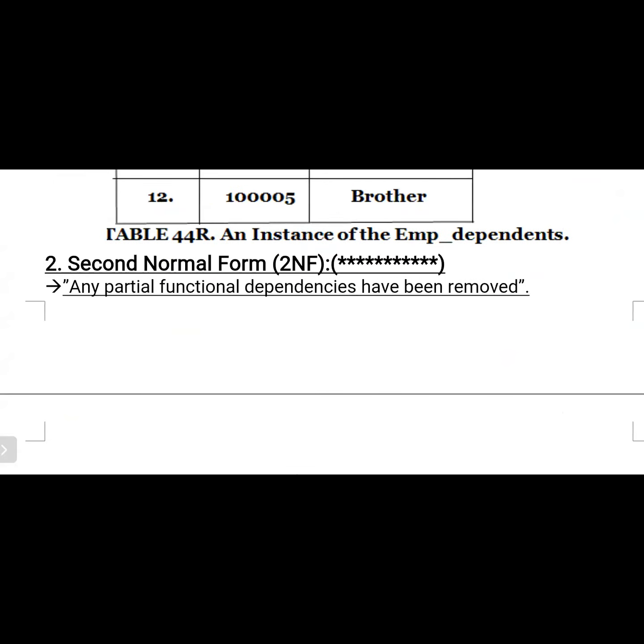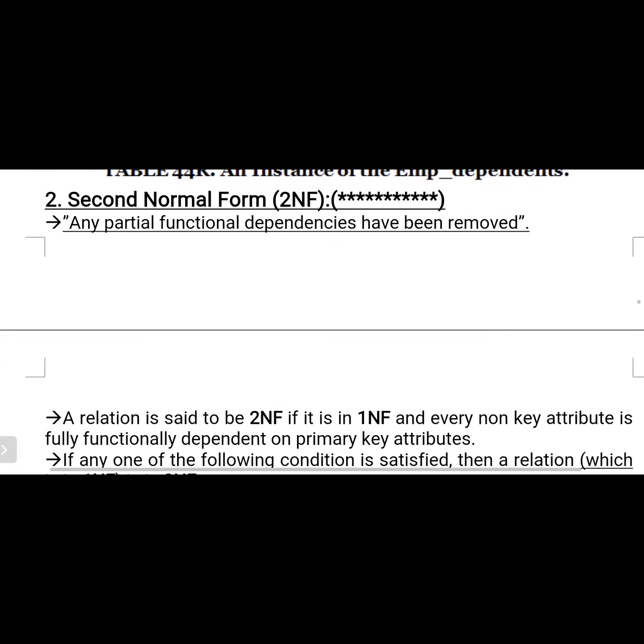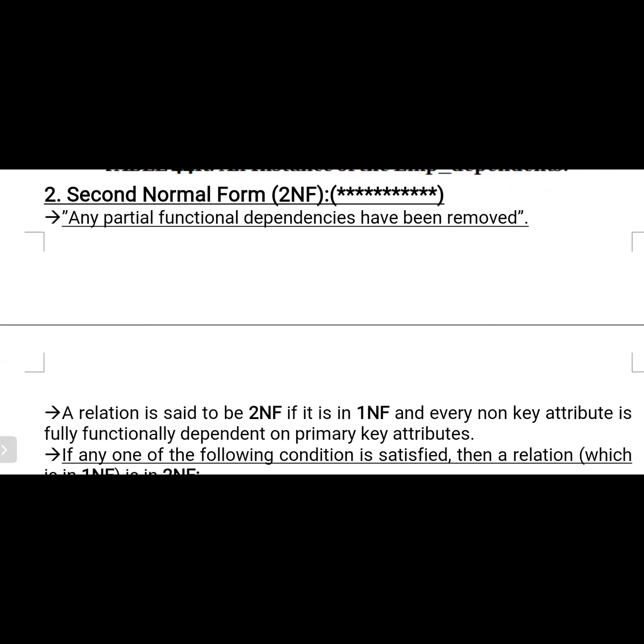So now let us discuss the second normal form. In the last class also we discussed this. Second normal form, I already said about this. If a student is studying BTech second year, it means he has already completed the first year also. In the same way, if it is a second normal form, it is already satisfying the first normal form conditions. Now we try to satisfy the second normal form condition. If it is a third normal form, it is already satisfying the second normal form, and next we try to satisfy the third normal form conditions.